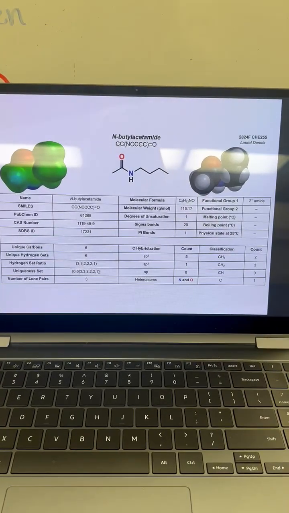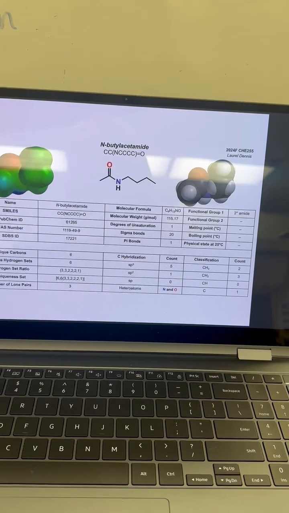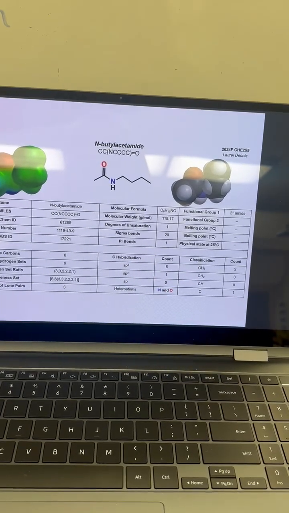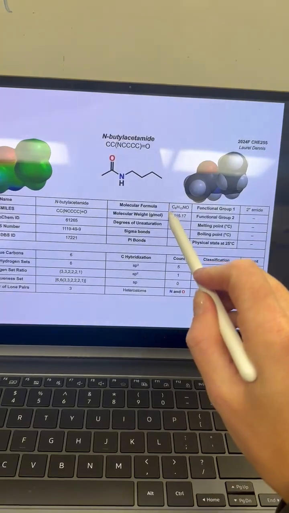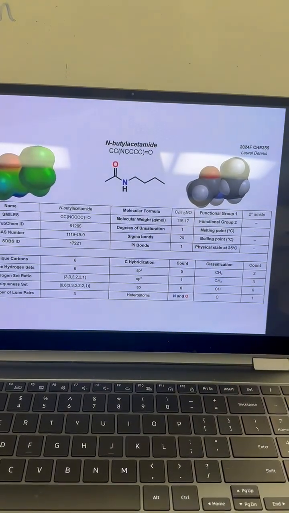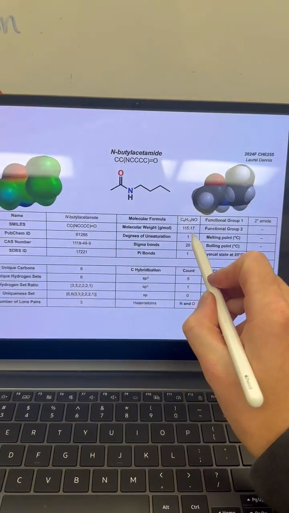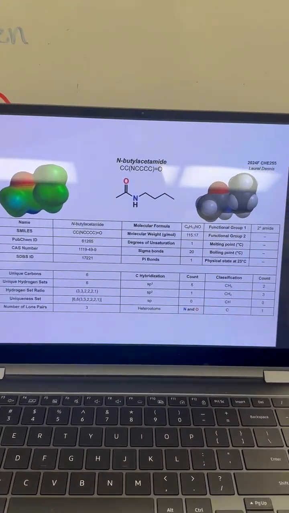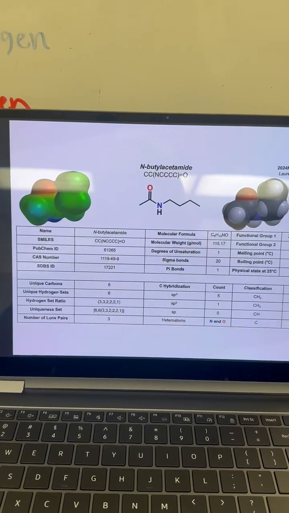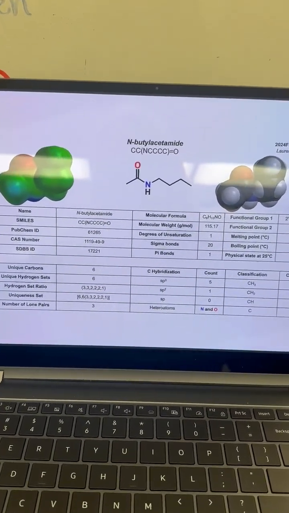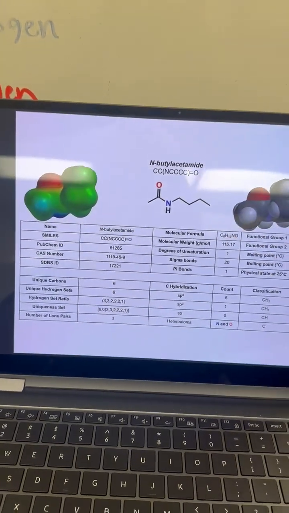Today we are looking at n-butylacetamide, which is an amide derived from acetic acid and butylamine. The molecular formula is C6H13NO. The molecular weight is 115.17. It has 1 degree of unsaturation, which corresponds to the presence of a carbonyl group, the C double bond O,